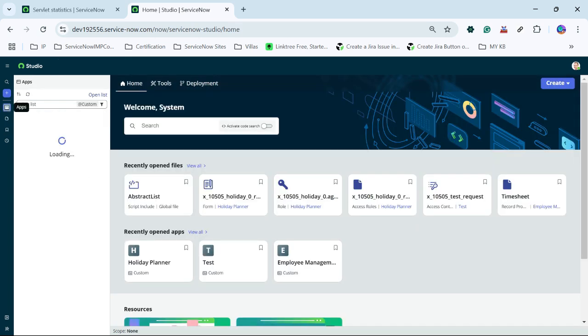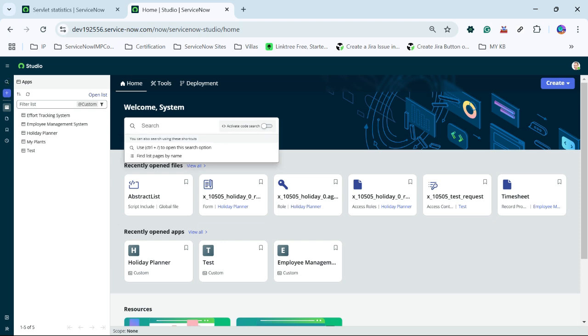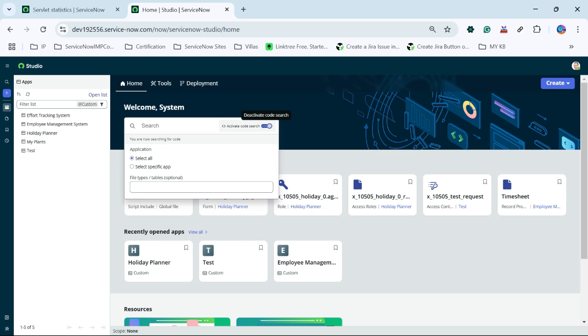So we have this app section where we can get the app list, and from this plus button we can create an application or any file related to the scripting side, or basically the files which will be utilized in creating some script or configuration. Similarly we have a create button here as well, so that people will see it very easily, because this plus button is very small. Here we can search for whatever we need, and we can also activate code search here. So this is really good